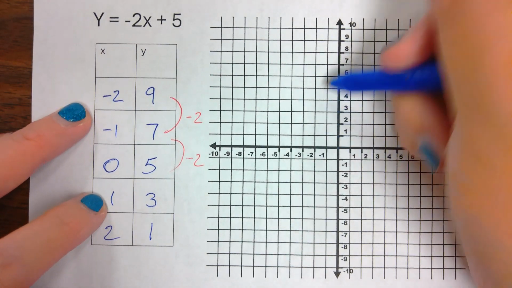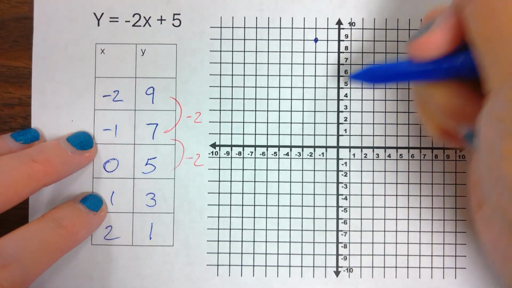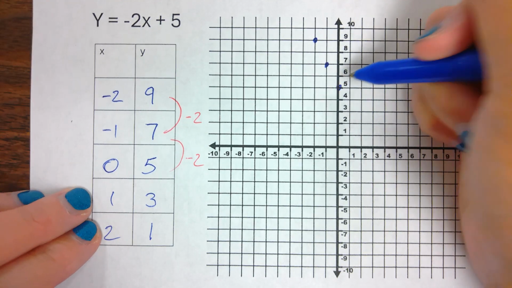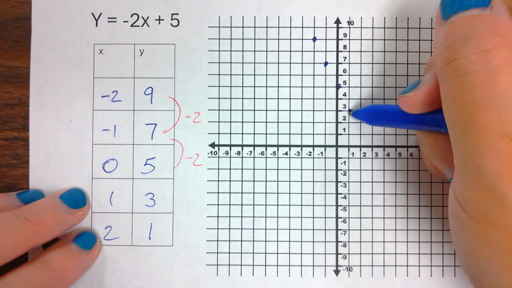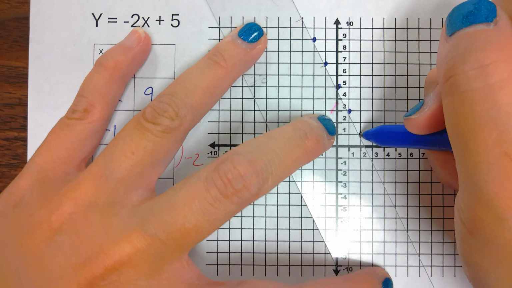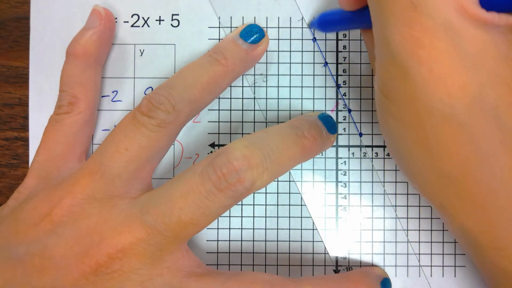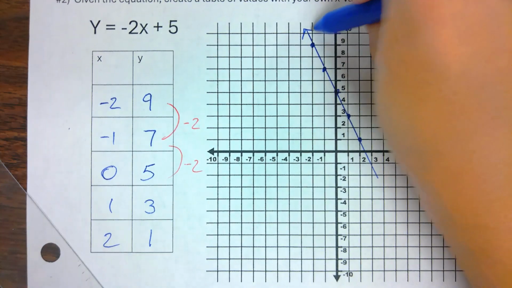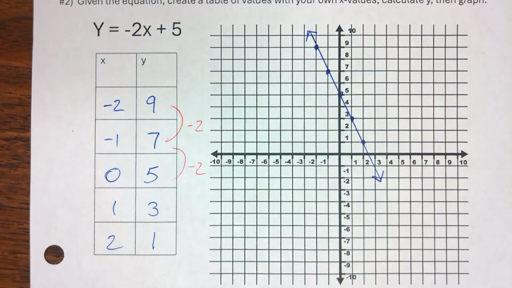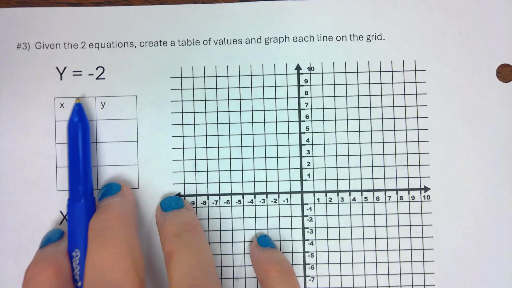When I plot this, negative 2 and 9, negative 1 and 7, 0, 5, on the axis, 1 and 3, 2 and 1, all these points should form a line, and okay, it should all fit on the line perfectly. Even if it's a little off, it shouldn't. Okay, these two. So, what